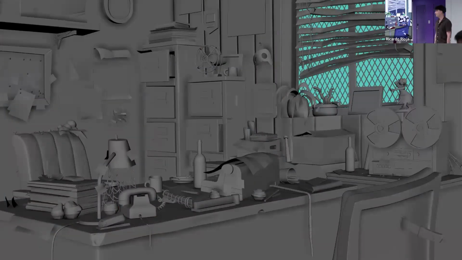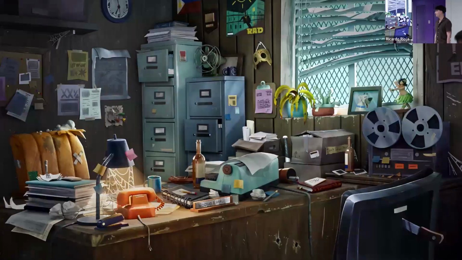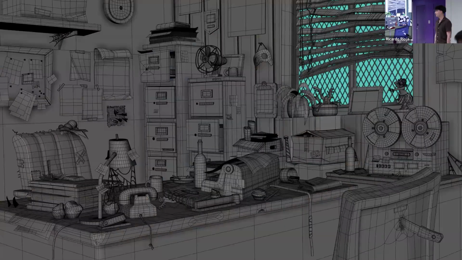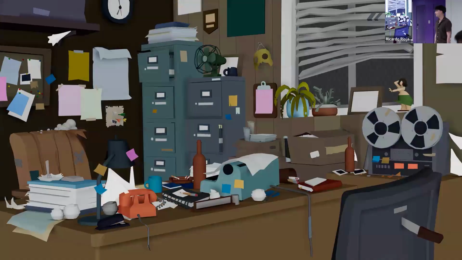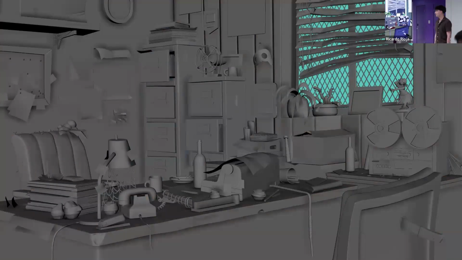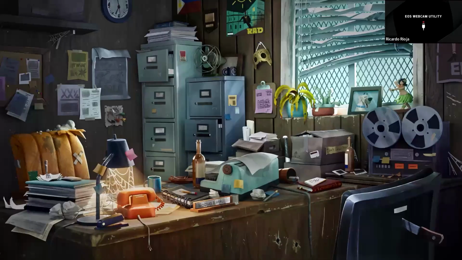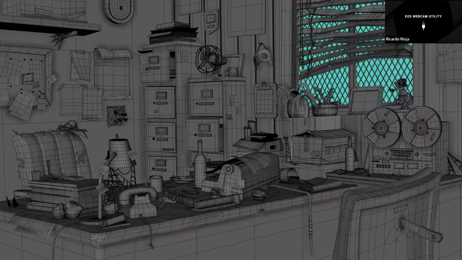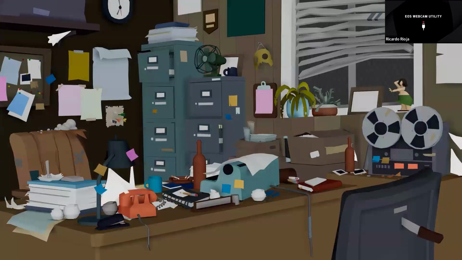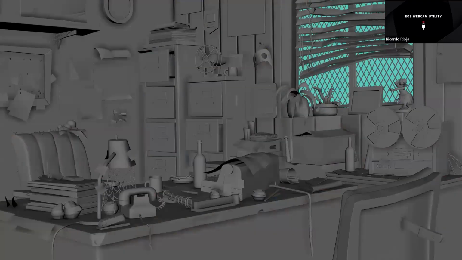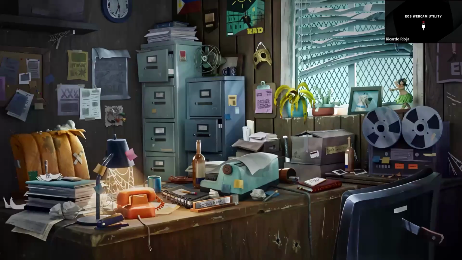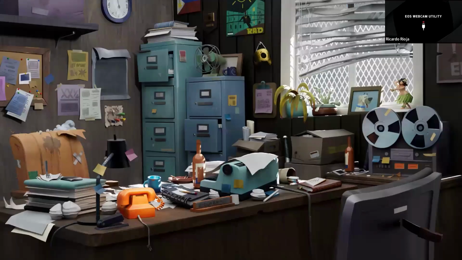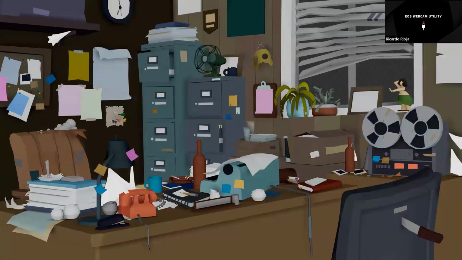So here you can see my scene as it was progressing through the different stages. So this is final topology, my first render, and my last render. As you can see, there's a lot of differences, but something that doesn't vary at all is the position and the shape of the stuff. Since I finished my blocking, I never change the shape again. I pay a lot of attention on the blocking side. It should be final, in my opinion.